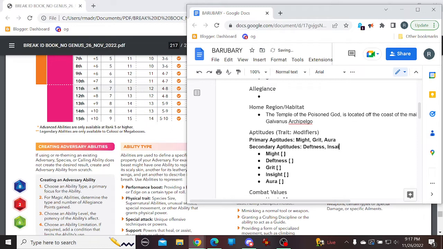Which means he's not terribly delicate or nimble and not terribly observant. But he doesn't need to be. He's a gigantic, terrible monster. So,